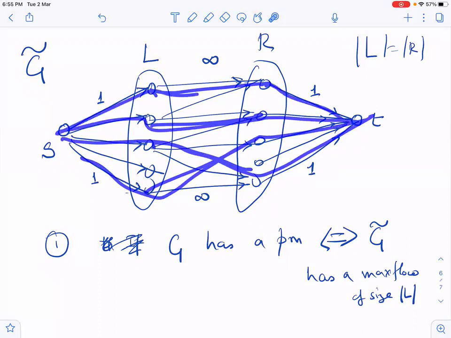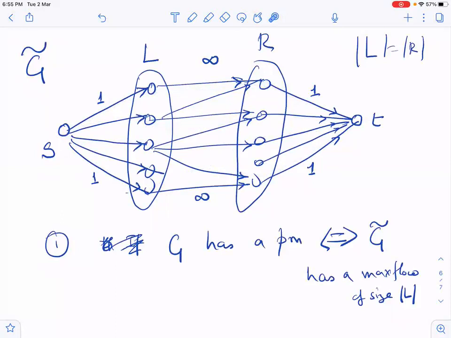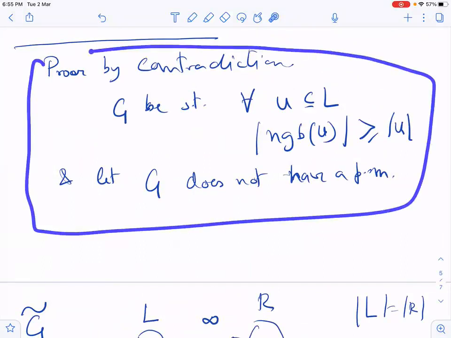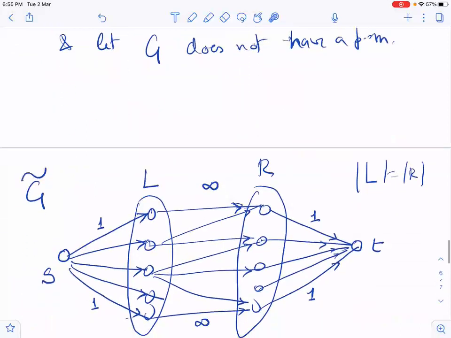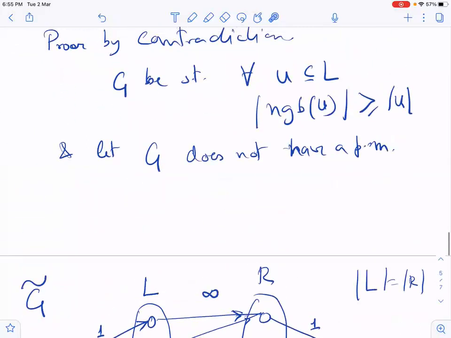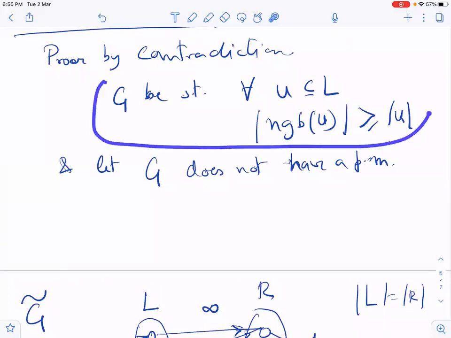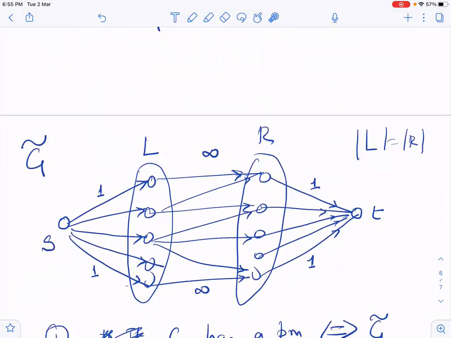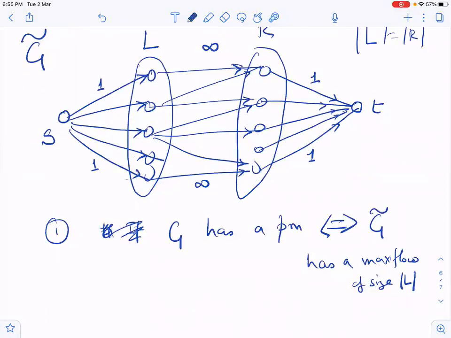And therefore, I can achieve a max flow of this size, right? So G has a perfect matching if and only if this one has a size L. So if you go back to this statement, that was what I wanted to prove for contradiction. I have this property and I have that G does not have a perfect matching, meaning this graph has a max flow of size less than L, so by contradiction,